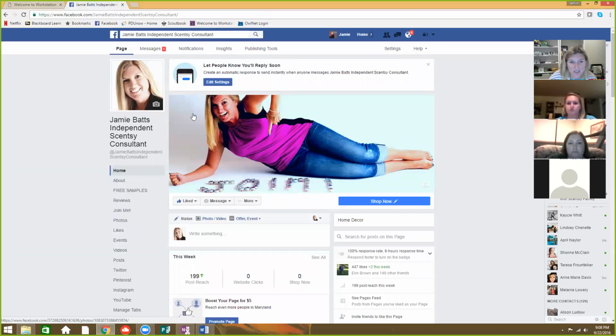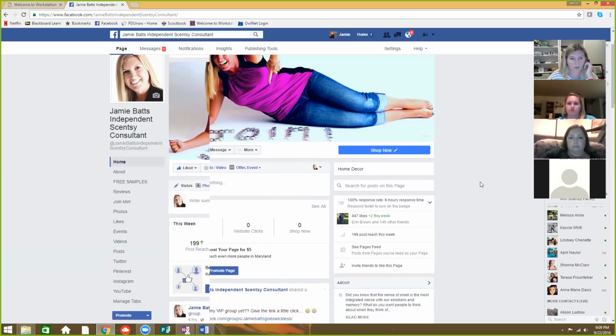These are just cheesy pictures, I'm just a cheesy girl, but you could just have a picture of yourself with a warmer like this, or a picture of yourself wearing a Scentsy shirt, or anything. There's no right or wrong way to do it. And actually for the longest time, I just had a normal Scentsy banner here. I just decided to do this after I had those professional photos done, which I probably won't do again. But anyways,